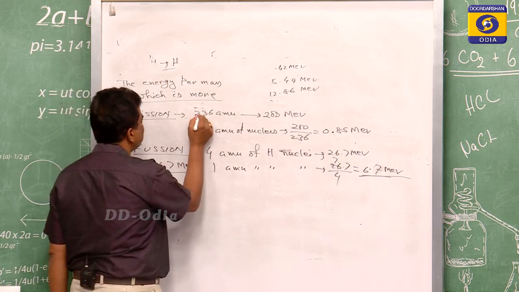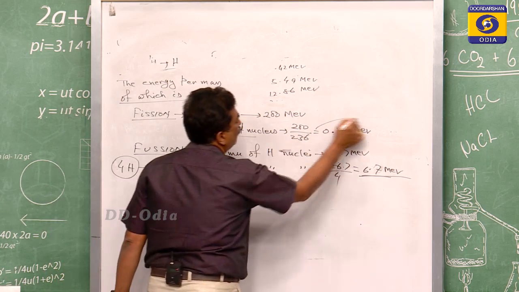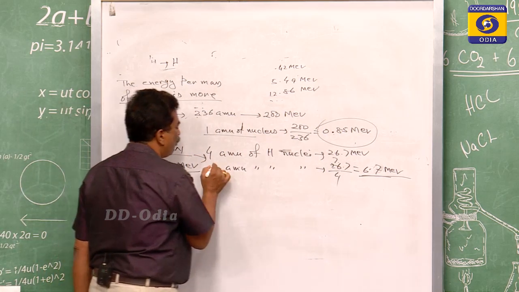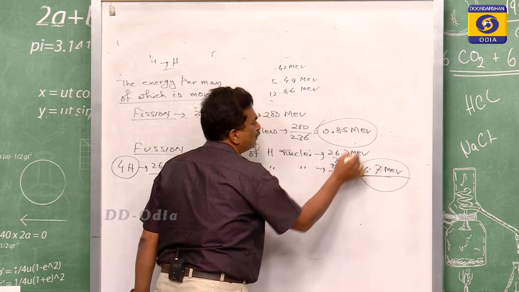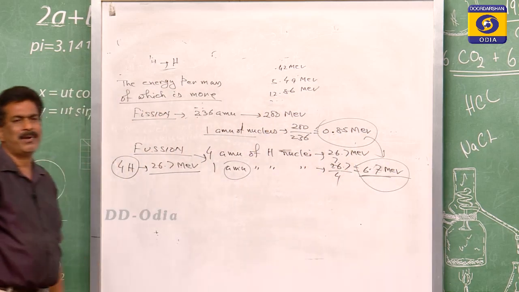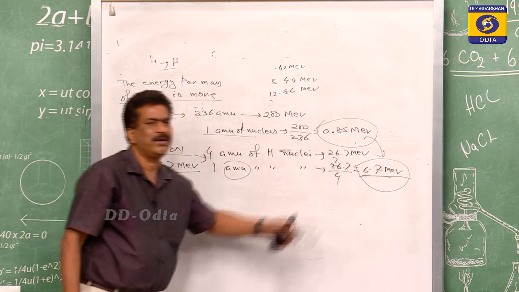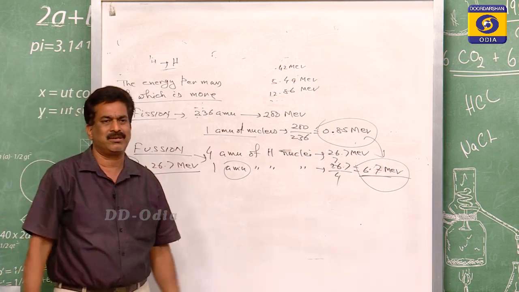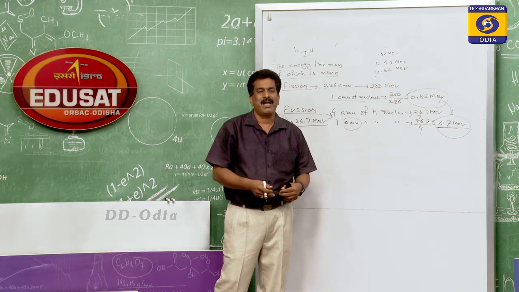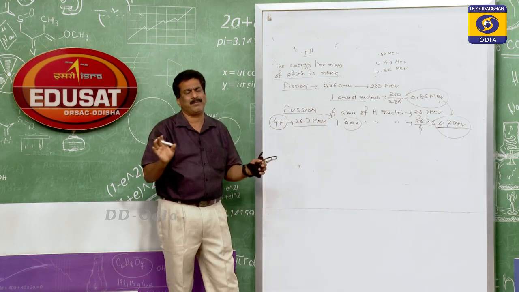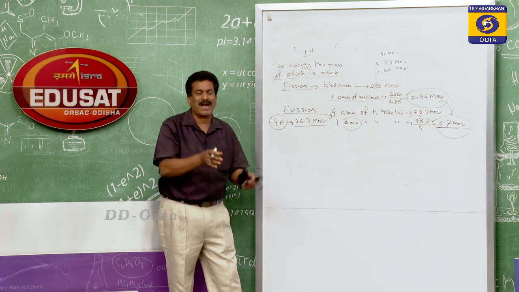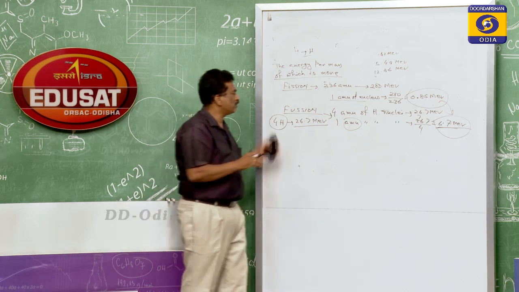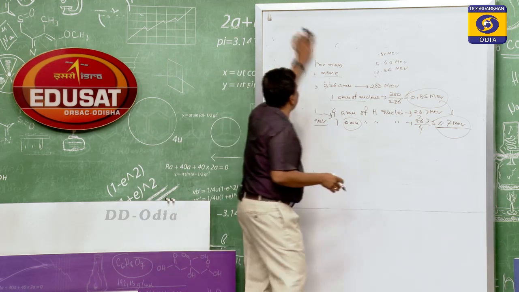So for fission, 1 mu releases this amount of energy. For fusion, 1 mu releases this amount of energy. Just look over which amount of energy is more. This amount of energy is more. So in the fusion process, in the solar system, the amount of energy produced in any interval of time is more than the energy which man is creating in this world. So this is about nuclear fusion and fission.